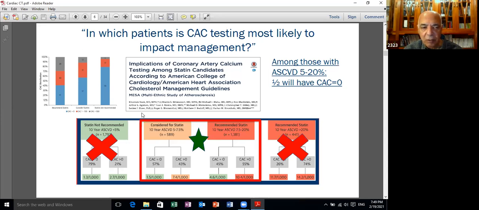So if you look into the left side of the screen here, these are patients with 10-year risk of the pooled cohort equation less than 5. So whether the calcium scoring is 0 or non-zero, that's above 0, always the risk is less than 5%. So it's not indicated for statin. These patients who are having an atherosclerotic cardiovascular risk less than 5%, they are by definition not indicated